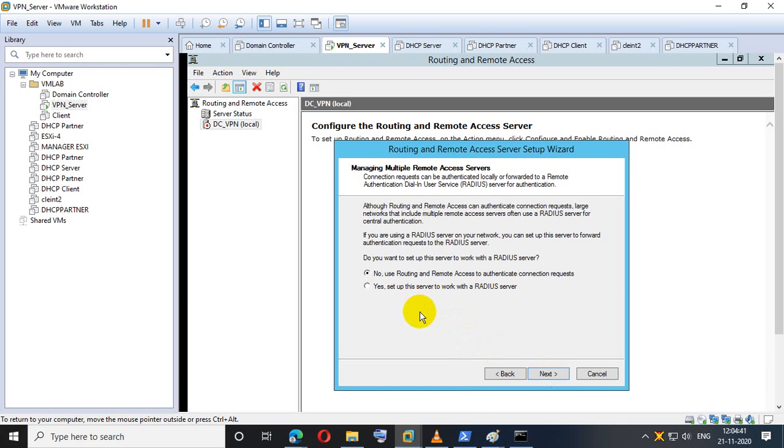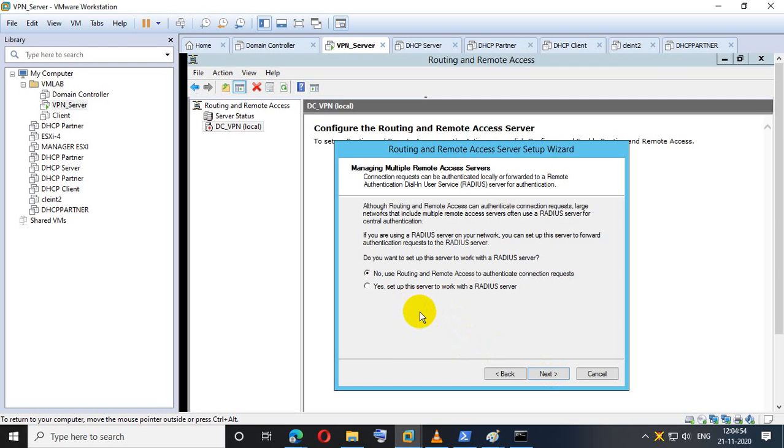Here I am telling you the RADIUS server concept. Although Routing and Remote Access can authenticate connection requests, large networks that include multiple remote access servers often use a RADIUS server for centralized authentication. Right now, as we are using AD, we are not dedicatedly using RADIUS servers.